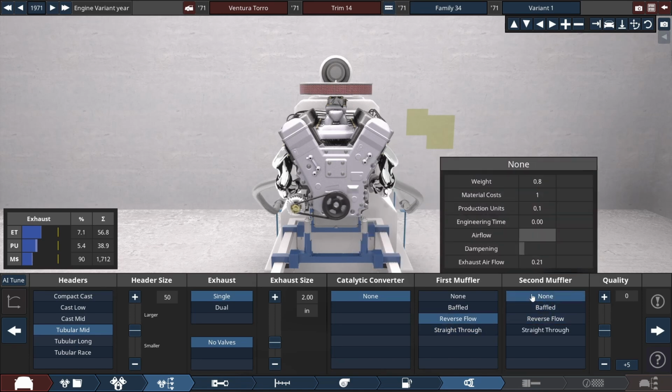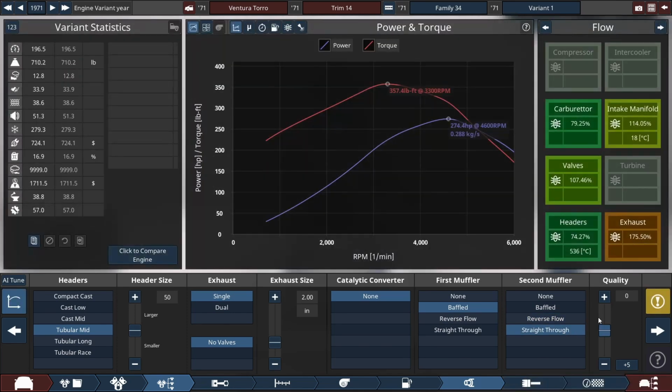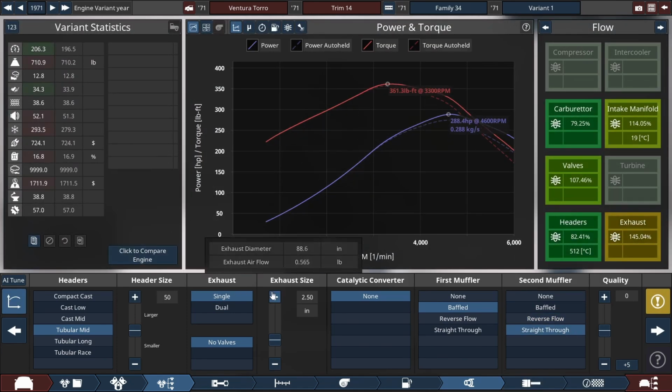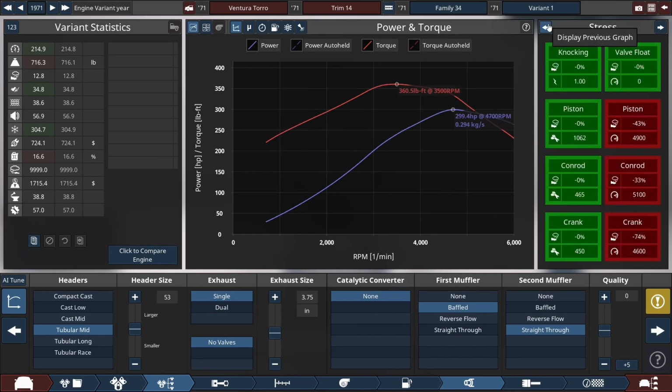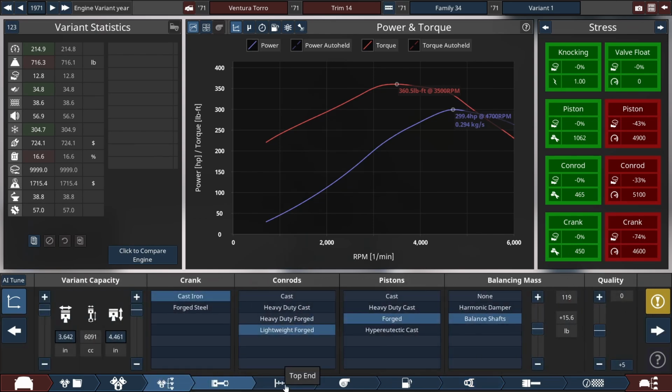I'm gonna go reverse flow. Actually, no, this baffled and straight through. And then let's open the exhaust just a little bit so it can breathe properly. And yeah, 299 horsepower. Oh, what is up with you? Why do you not want to rev? It's not good. What's your idle at? 700? It's already kind of like...